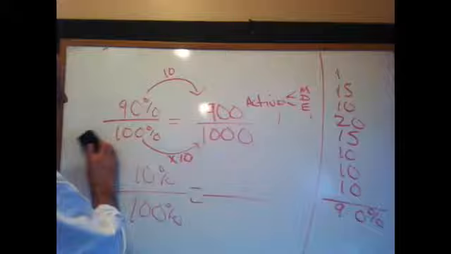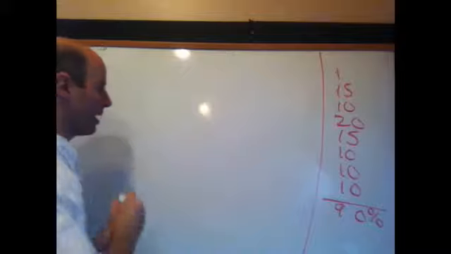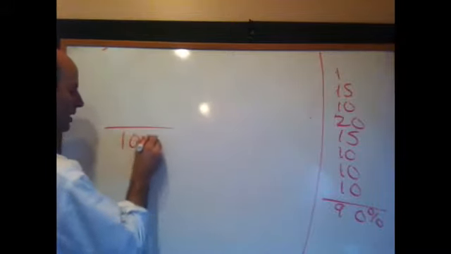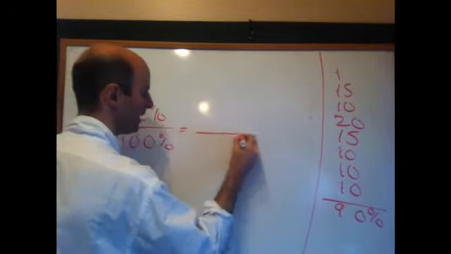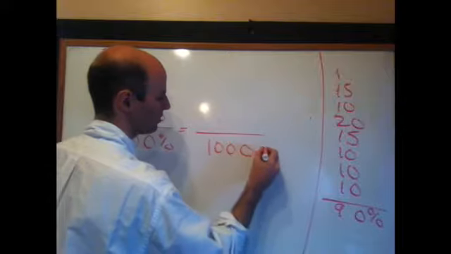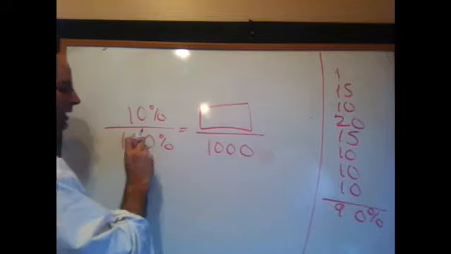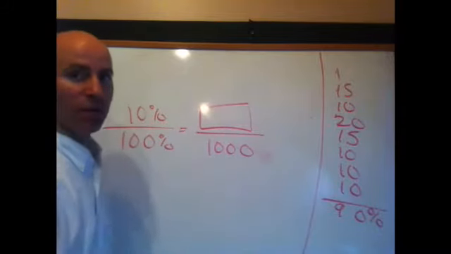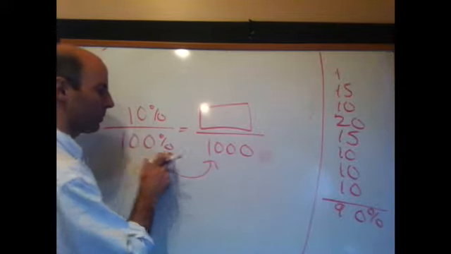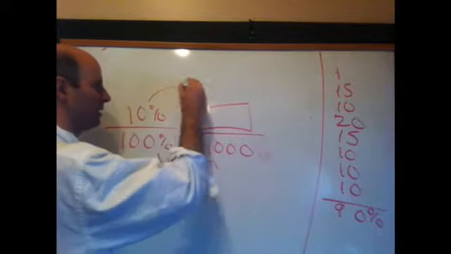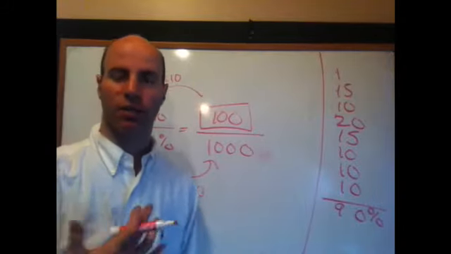So that would be using the same method, and I think I'll just make this a little larger to make my point. Using the same method, I have 100% of the students, 10% were not involved in any activities. There are 1,000 students in the whole school. What percent of 1,000 is 10%? You could cross multiply, you could do all sorts of things, but I like to do the arrow method. How do I go from 100 to 1,000? I multiply by 10, multiply by 10. I would get 100 students were not active during any of the types of